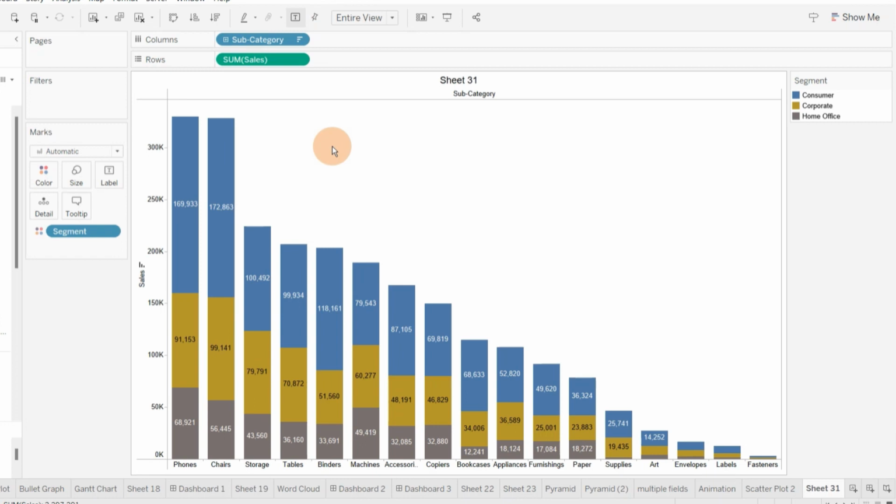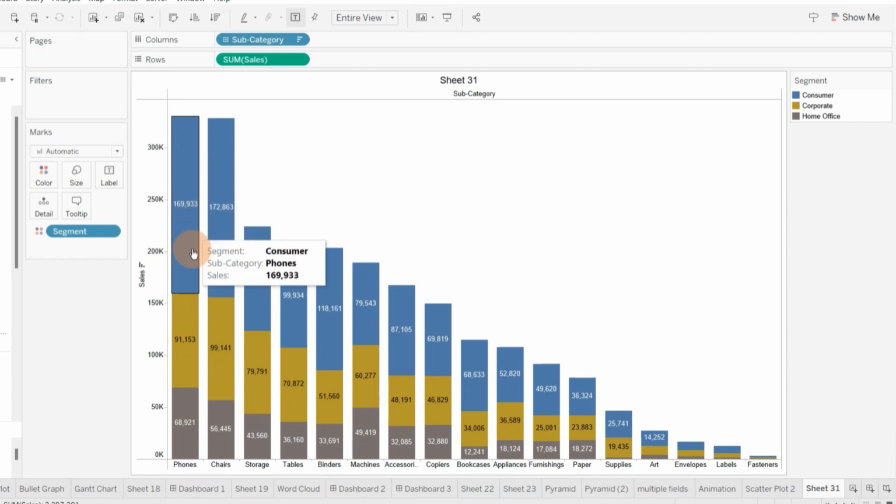Now what is this 100% stacked bar chart? Currently I am able to see the sales contribution for individual segments, for each subcategory. I can see that in my phone subcategory, home office segment sales is 68k, in corporate segment it is 91k, and in consumer segment it is 169k.